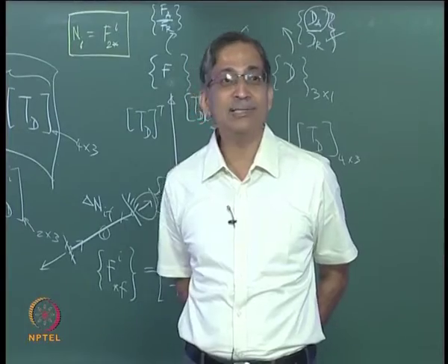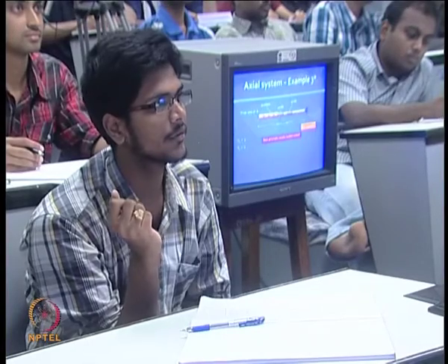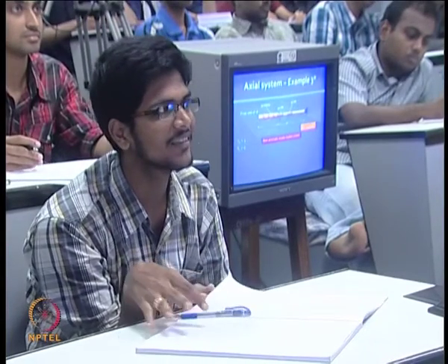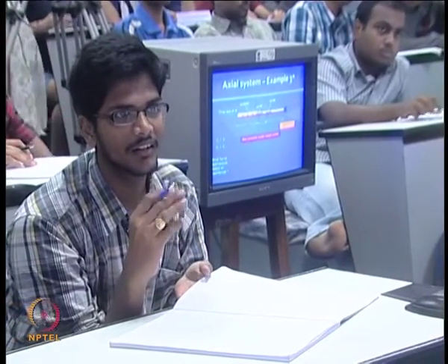Show me how the axial force varies from A to D. Can you just draw it? Because that is the end answer you get from the stiffness method, so you can predict the answer in advance. The degree of kinematic indeterminacy is 2, but the degree of static indeterminacy is 0, which means you can get the answer very easily. Will you draw the diagram? Draw the axial force diagram. You are supposed to be experts with statically determinate structures. Can you draw it? Did you get this?